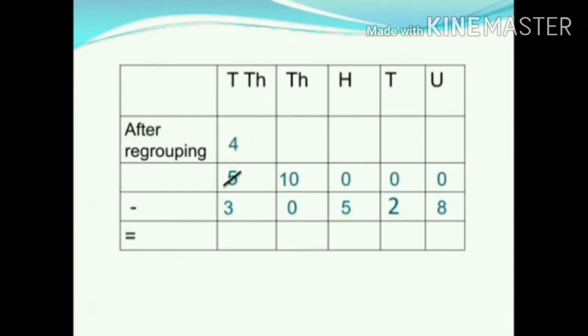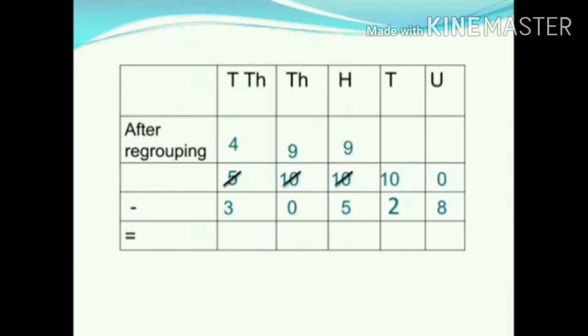In the thousands place we have 10. In hundreds place we have 0. We will borrow 1,000 from 1,000 place to 100 place. 1,000 equals to 10 hundreds. After borrowing 1,000, thousands place to hundreds place is left with 9,000s. In the hundreds place we have 10. In tens place we have 0. We will borrow 100 from 100 place to tens place. 100 equals to 10 tens. After borrowing 100 from 100 place to tens place, hundreds place left with 900s.